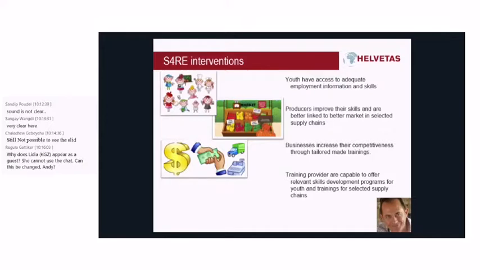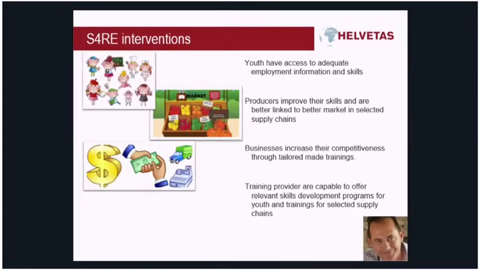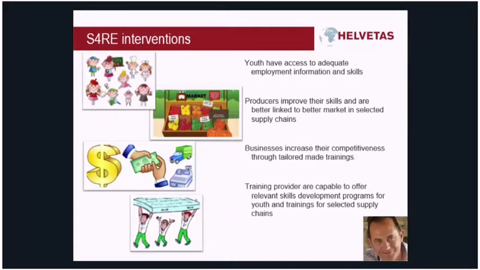The fourth intervention, which is included in 2 outcomes, is about the training providers. So the project was toward having a pool of training providers who are capable of offering skills development to youth in the selected supply chains. The objective of this intervention is that the web-based platform is utilized by the project partners for identification of the different training providers.